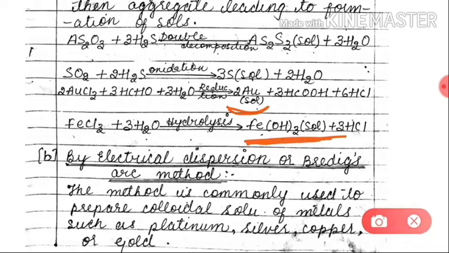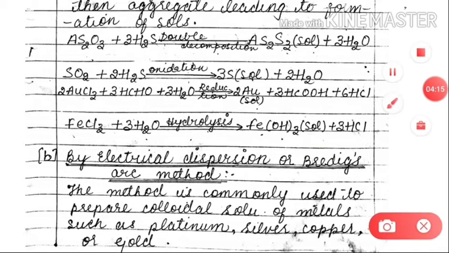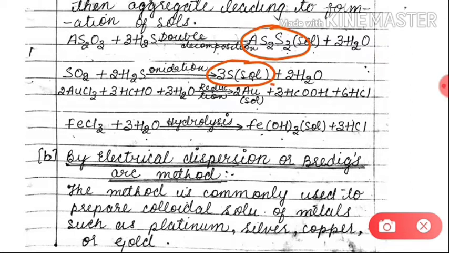And out of these 4 types of reactions, you see in the first reaction this compound is formed, arsenous sulfide. In the second type of reaction, sulfur sol is formed. In the third reaction, gold sol is formed, and in the fourth reaction, iron hydroxide sol is formed. So this method is called the chemical method, and in this we are preparing the different types of colloids. Now,